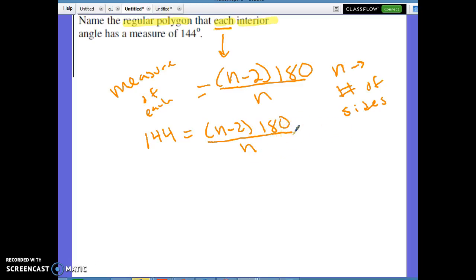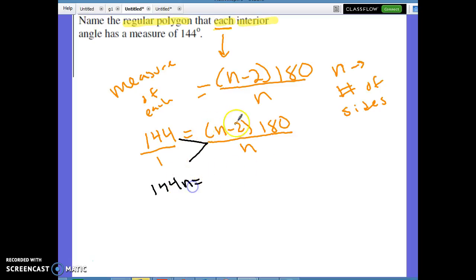Now, we know that n has to be a whole number because a polygon cannot have fractional sides or decimal sides. We can't have a 1.5 side polygon, nor can we have a polygon with side 1.2. So you could plug in values for n and try and simplify, or we could use cross multiplication. I think that would be easier. We put 144 over 1. Let's cross multiply, and we get 144 times n, which is 144n, equals